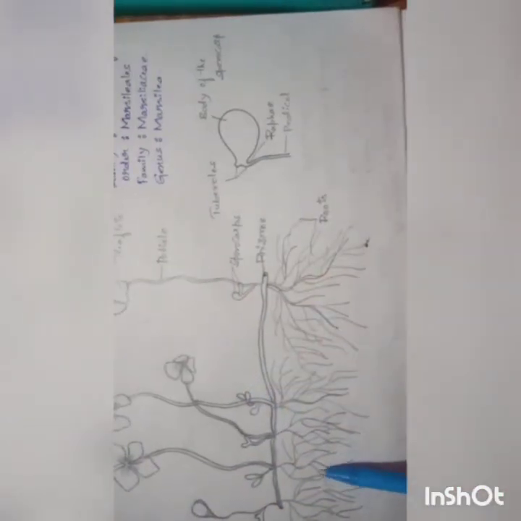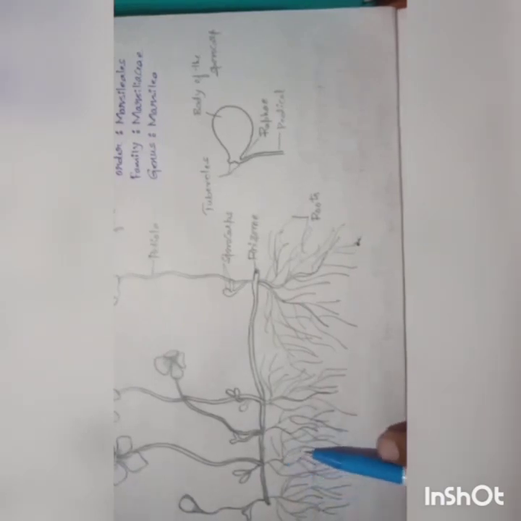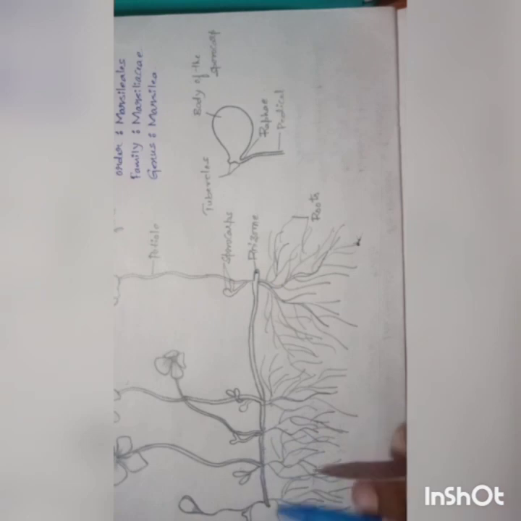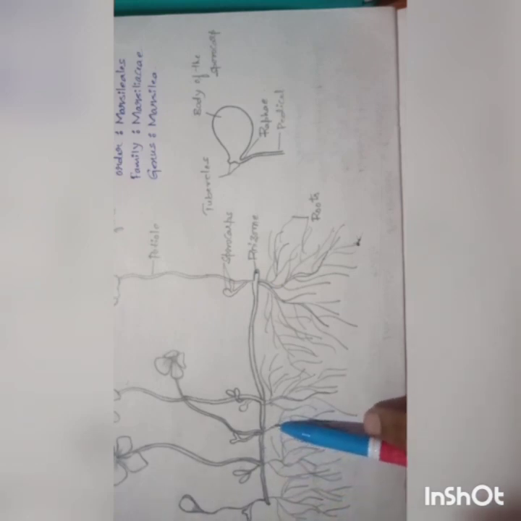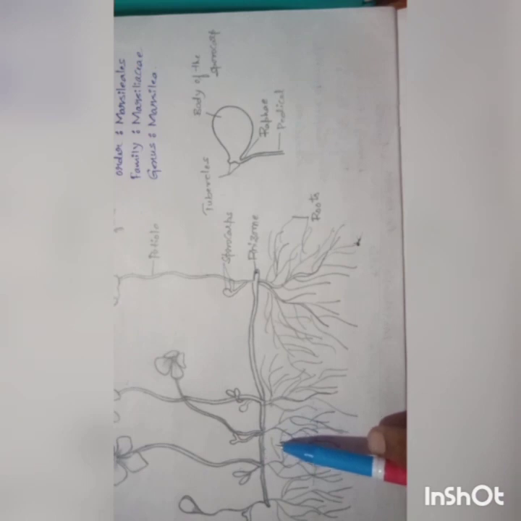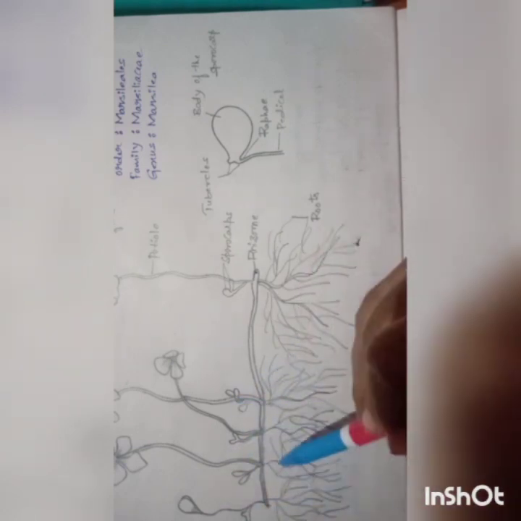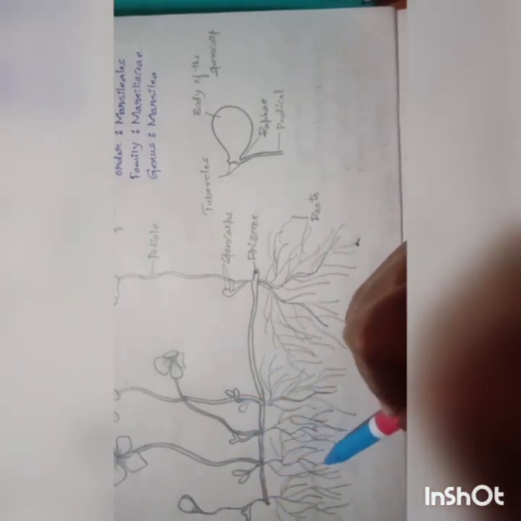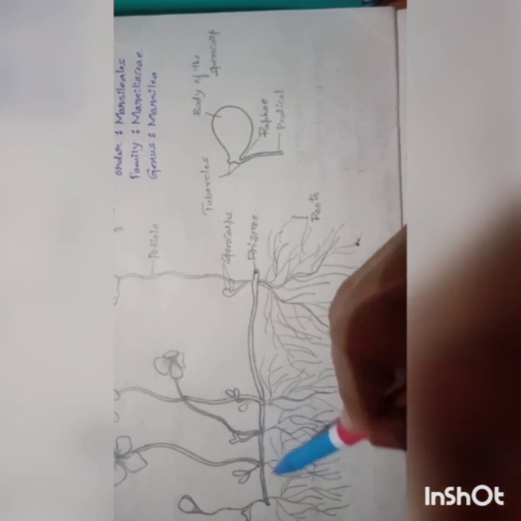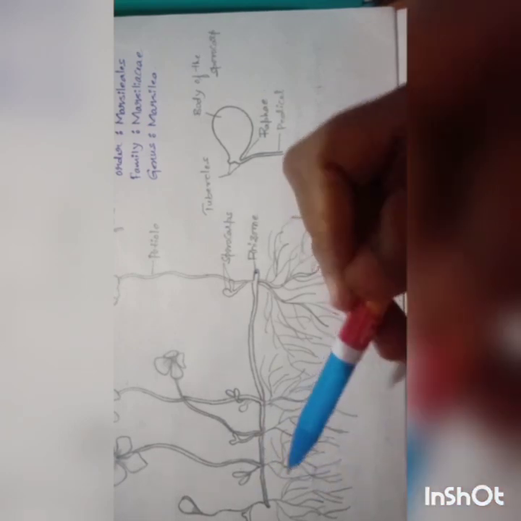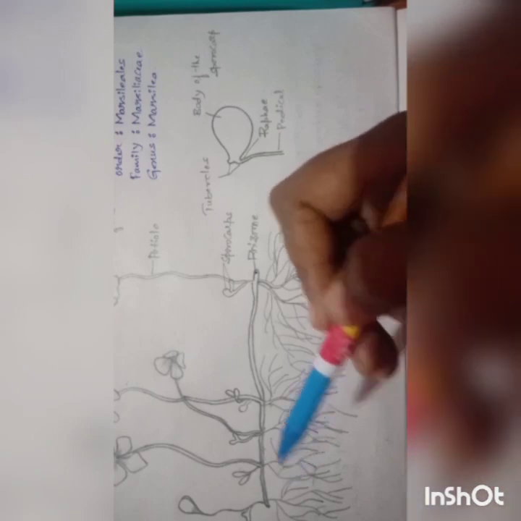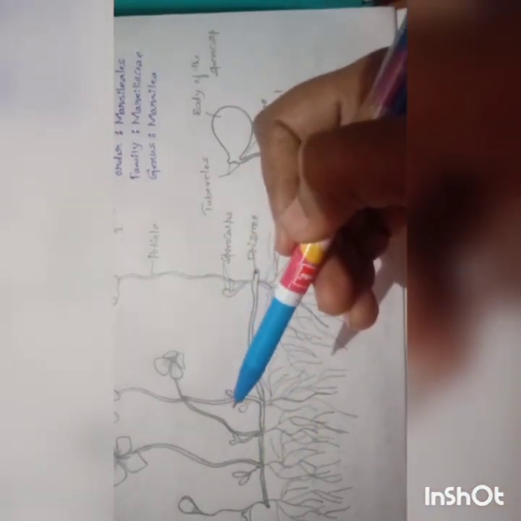Coming to the roots, the primary roots are short-lived and they are soon replaced by one or two adventitious roots that usually develop at the nodal regions on the underside of the rhizome. In the case of Marsilia, there are two types of roots. One is primary roots and the second is adventitious roots. The primary roots are short-living. They disappear soon after the slow growth of the plant body, and those roots are replaced by another type of roots, called adventitious roots.